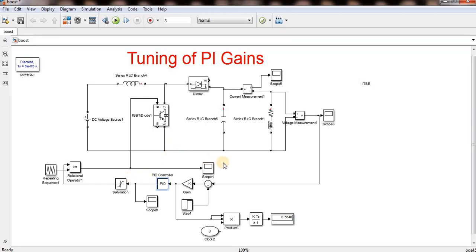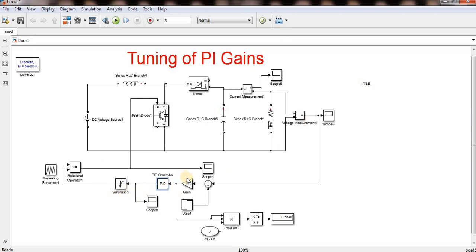Maybe sometimes the error and the PI output should be inversely proportional. Like for a constant power application, if voltage is increasing, current will reduce. In that case, I will compare my voltages, and if voltage is more, I have to reduce my current. So it is inversely proportional, and in that case the positive and negative will be in reverse. But in a boost converter it is not like that. It is directly proportional. If my error is more, I have to increase my duty cycle.